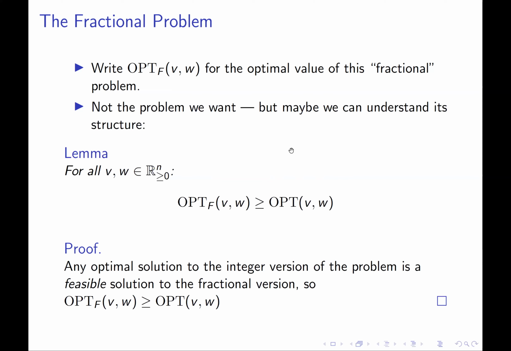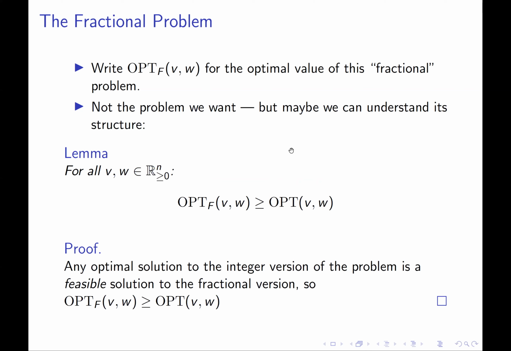And the reason is because, remember, the fractional knapsack problem is a relaxation of the integer knapsack problem. That just means the set of feasible solutions is only less constrained, right? The solutions have to satisfy exactly the same budget constraint, but the integer knapsack problem has this more stringent constraint that the xi's have to be either 0 or 1, whereas the fractional knapsack problem has the more relaxed constraint that the xi's can be any number between 0 and 1, including 0 and 1.